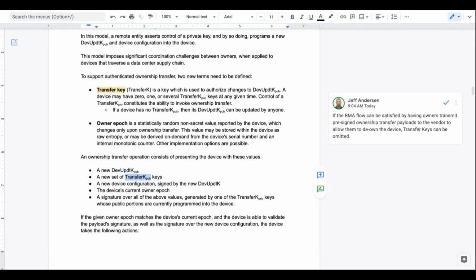So basically, I'm getting at a model where you have a different set of transfer keys programmed on the device, and you perform the device ownership transfer more based on revoking the transfer key and then physically transferring those keys to the next owner. Is that something we also thought about, considering the memory constraints on the devices? Just curious if this is going to be the suggested model or if this is the model.